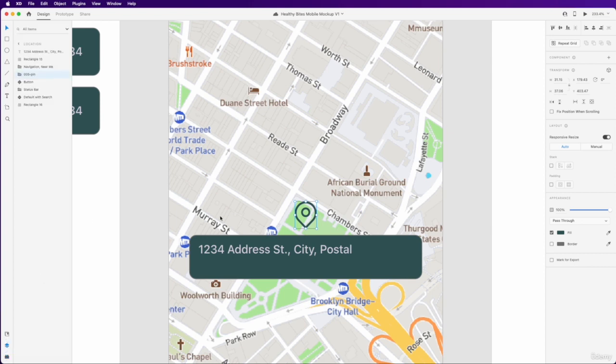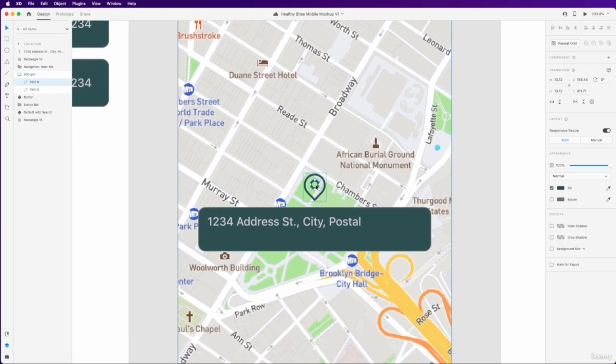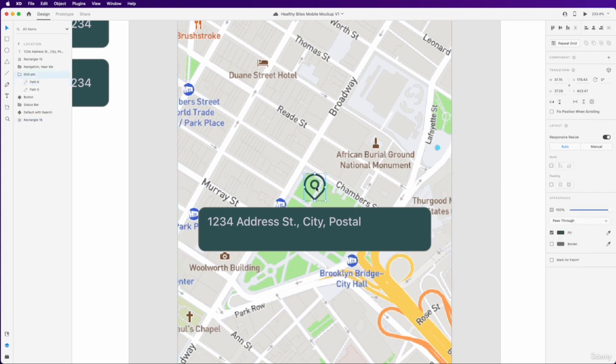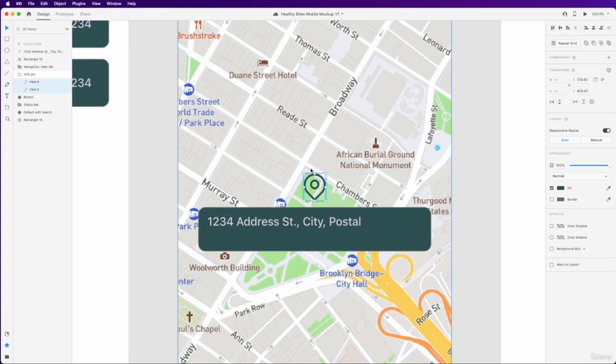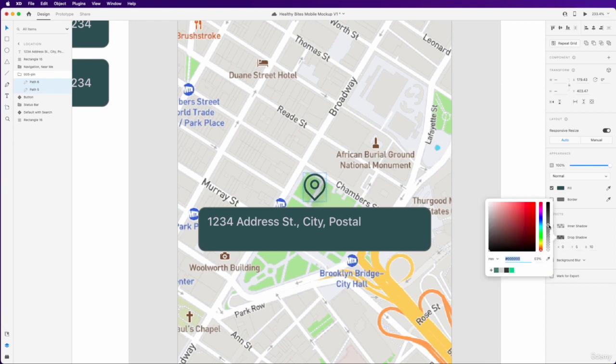There we go. And I'm going to start with this pen and just double click into there so I can select both my shapes here. And while holding shift, I've selected both lines, or shapes. And I'm going to go ahead and enable drop shadow. For the drop shadow, let's do a blur of 10 and a Y of 5. And maybe make it slightly darker. So I think something like 20% should work.